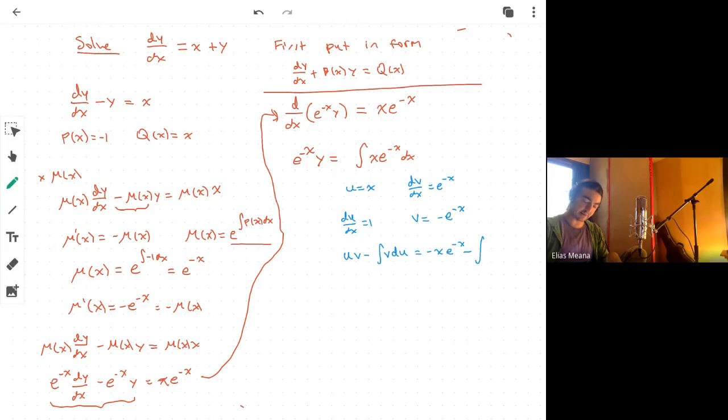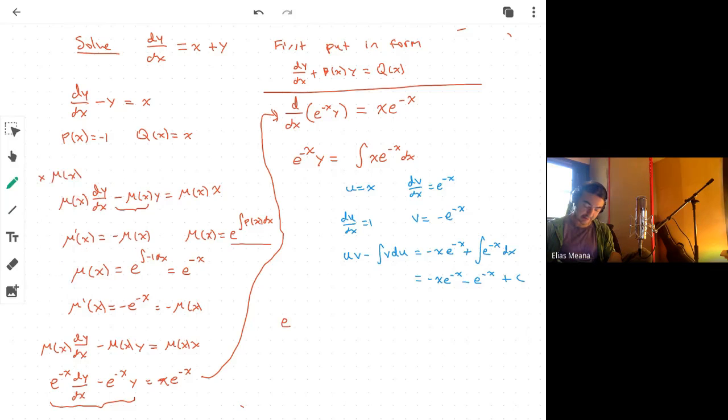So I'm going to get a minus the integral of minus e to the minus x. So I'm going to put a plus there, e to the minus x. And then it's dx, right? Because du is just 1. And this is going to give us minus x e to the minus x minus e to the minus x. And here we do need to add a plus c, because this is actually an integral in our solution. Okay? And so we're left off with